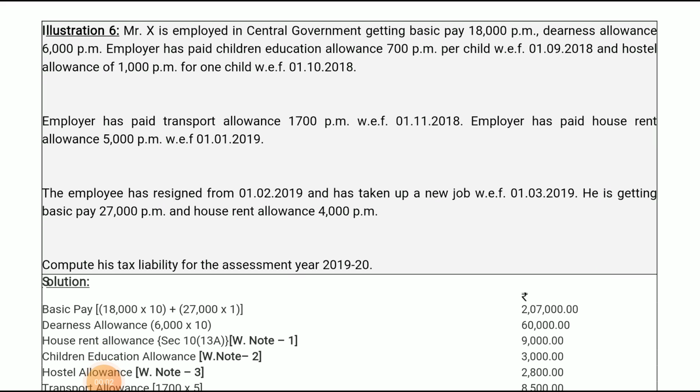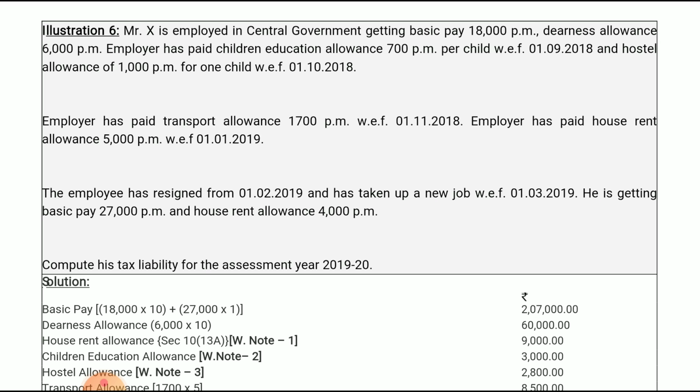Mr. X is employed in central government, getting a basic pay of rupees 18,000 per month, dearness allowance 6,000 rupees per month. Employer has paid children's education allowance of rupees 700 per month per child with effect from 1/9/2018, and hostel allowance of rupees 1,000 per month for one child with effect from